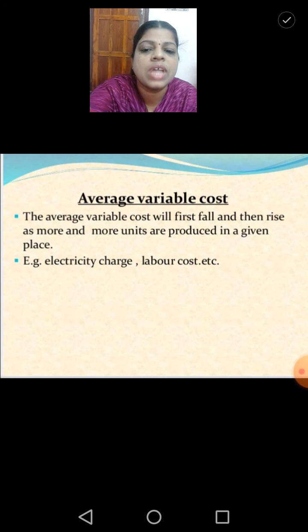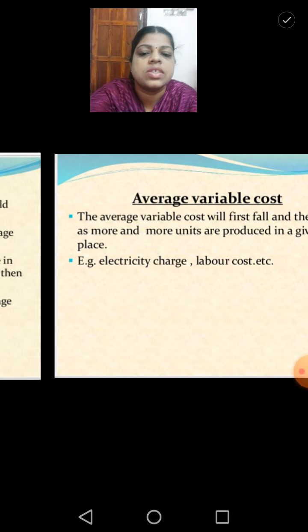So the cost incurred for such variable factors increases. Examples are electricity charges and labor cost. So as we gradually move through the production process, the average variable cost also changes.